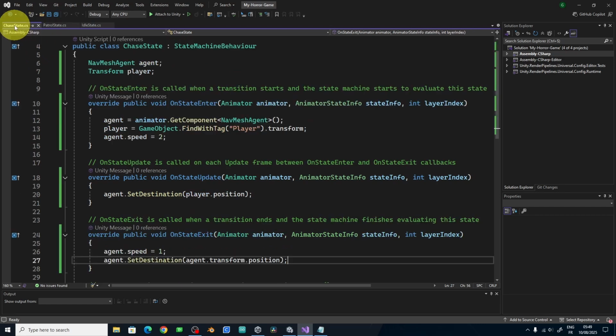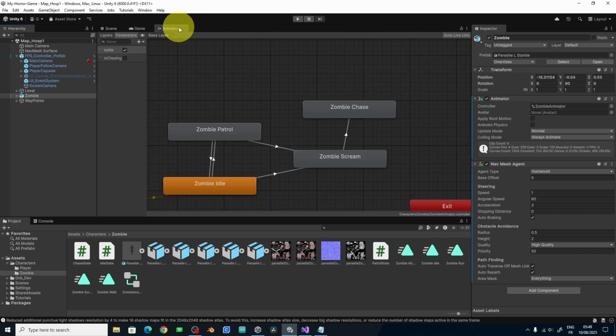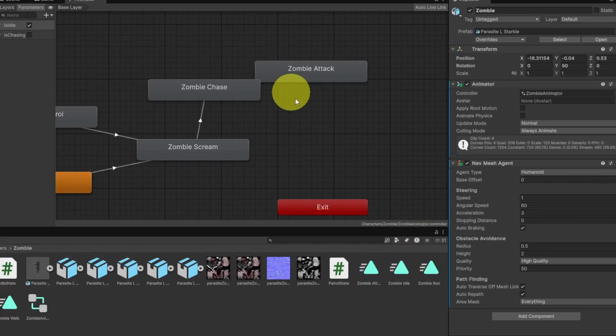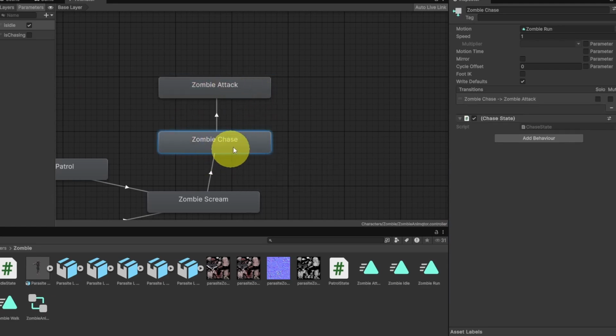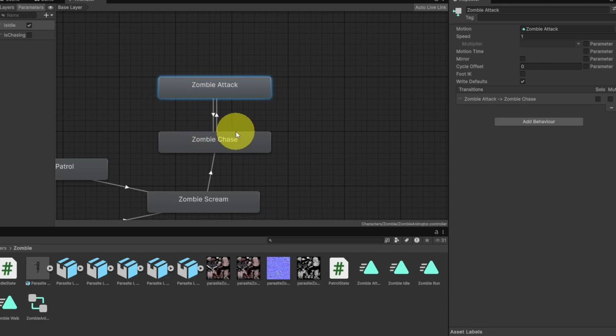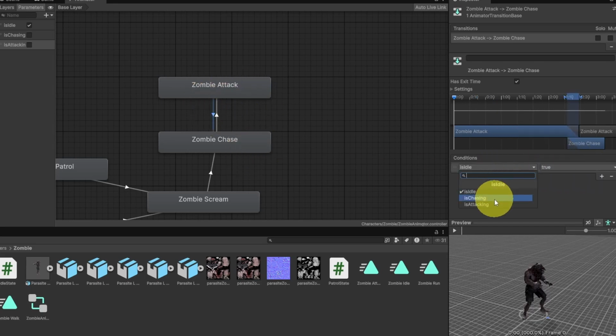And now we need to check if he's too close to us. We can switch to the attacking, but first we have to add this animation. By dragging the zombie attack, we can switch between chase and attack by right clicking, make transition from chase to attack and from attack to chase. To control it we are going to add another parameter, and let's call it isAttacking, and we have to use it as a condition. When isAttacking is set to true we can switch to attack, and if it's false we're going to switch back to chase. And I think we have to remove Has Exit Time